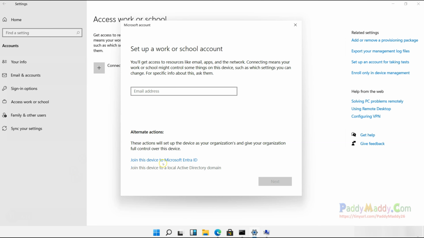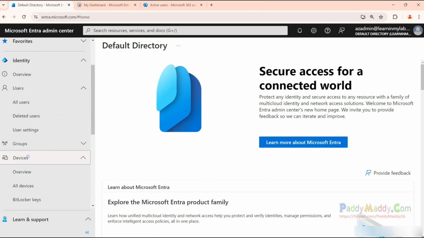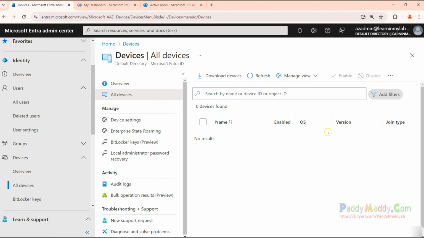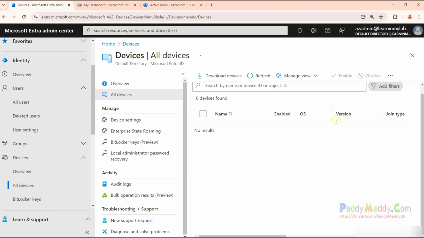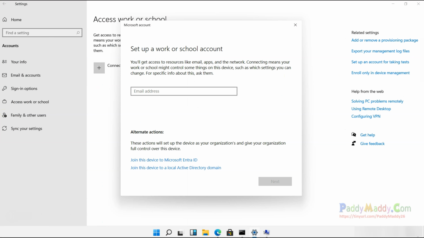So in our case, we would be using join this device to Microsoft Entra ID. But before I click on this option, I would like to show you what is there in Microsoft Entra under devices. If you just go to the Entra Admin Portal and navigate to devices, all devices, you could see here if the device is joined. So in our case, we do not see any of the devices listed. Now, if I switch back to the client device and click on join this device to Microsoft Entra ID,